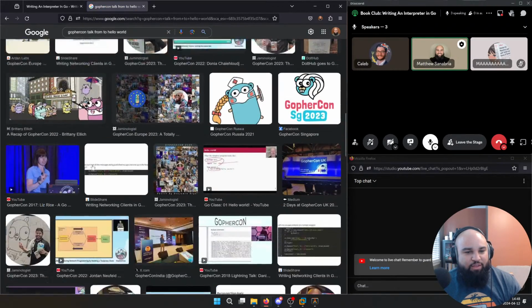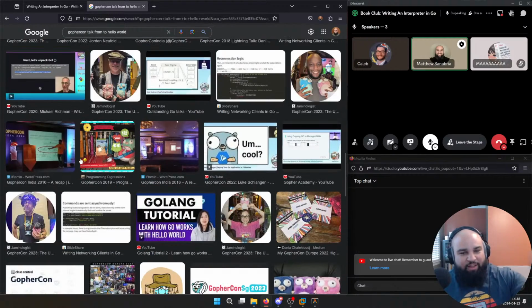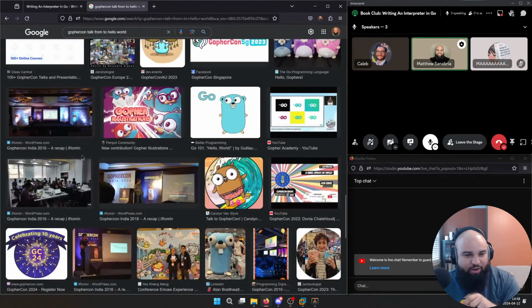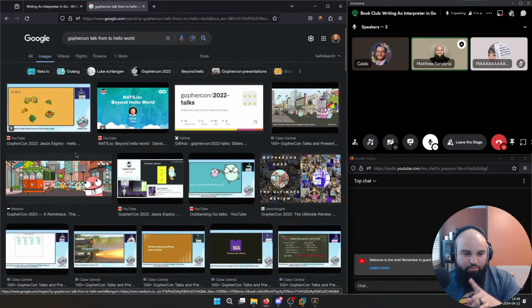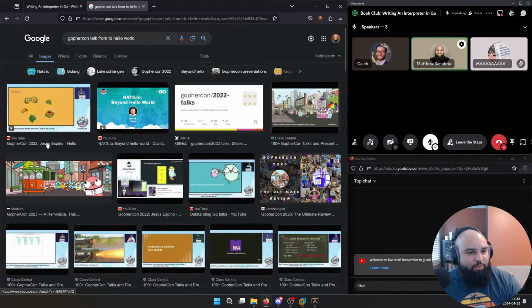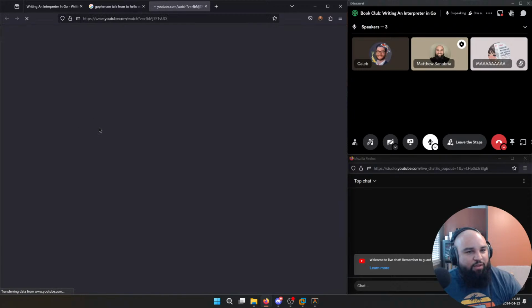I was trying to look for the image because it had a long little snake diagram of all the steps the Go compiler took to make your source code executable. Yeah, it was this talk. Jesus Espino, this one right here.